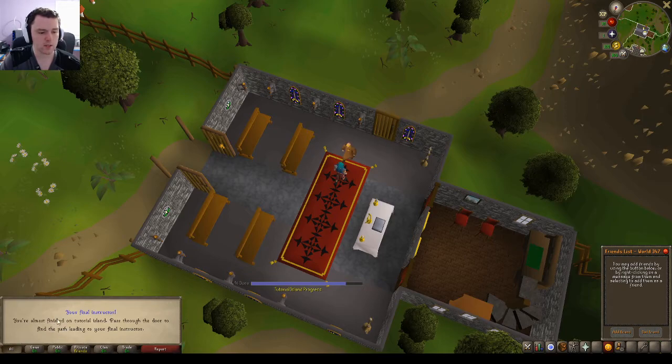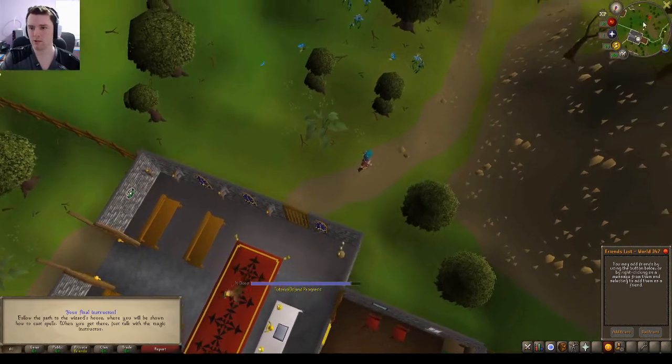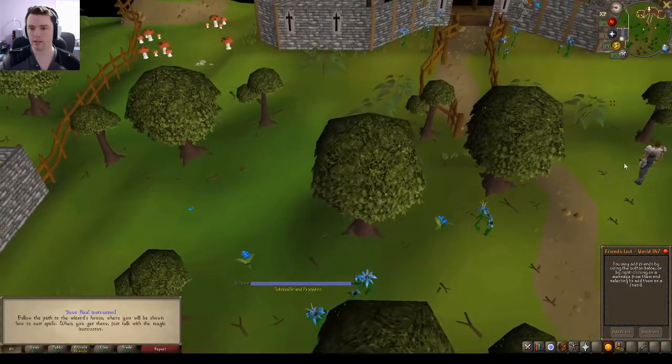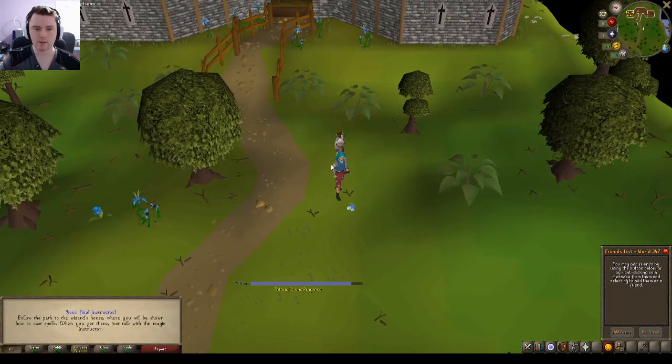You have almost finished on Tutorial Island. Pass through the door to find the path leading to your final instructor. Alright. So follow that path. Click on that mini-map there. Oh. Ironman tutor. He'll tell you about being an Ironman. I don't think this guy's the final instructor. He doesn't have that arrow, but...